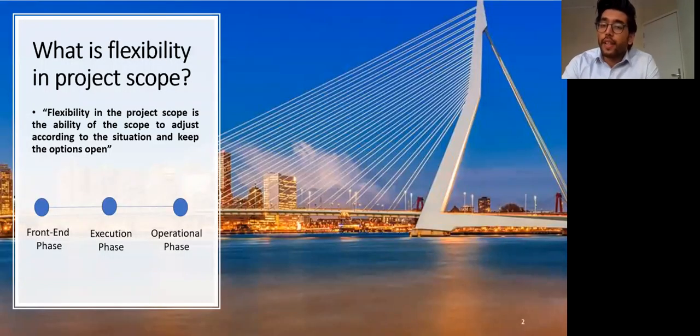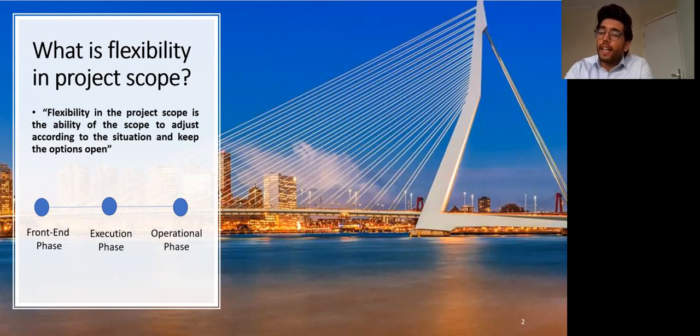The project starts with collecting the requirements that are translated into a system. The system is responsible for fulfilling the functional requirements, which is called the scope of the project. Or in layman's language, it means what do we have to build. In addition, flexibility stands for the capability to adapt to new, different, or changing requirements. So our aim was to enhance flexibility in project scope with the help of value engineering.